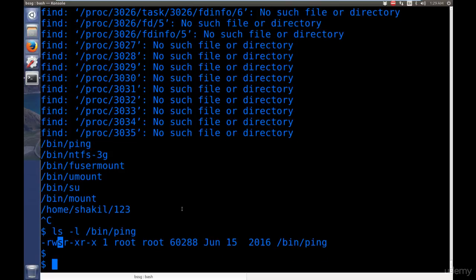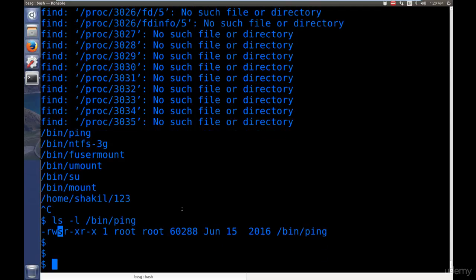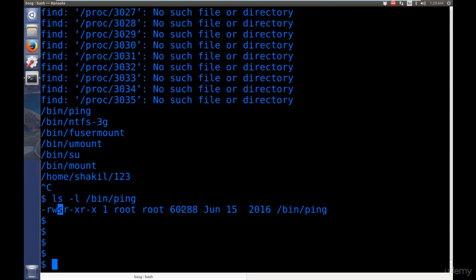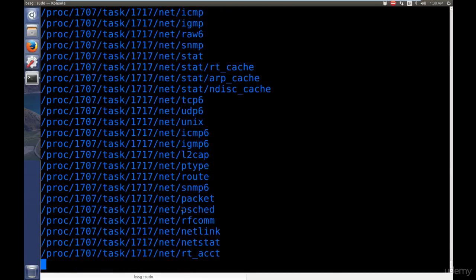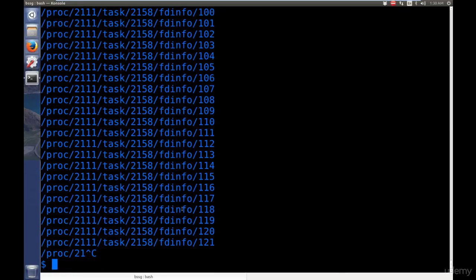So that's about sticky bits permissions, finding the sticky bits permissions. Now let's suppose I want to find all the files which have read-only permissions for the user. I could have given it like this: find all files which have only read-only permissions. And if you see here, all those files